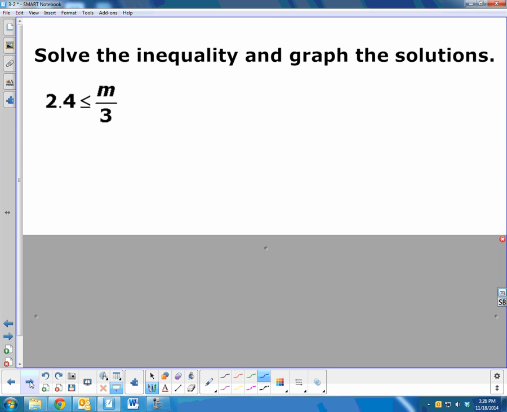Solve the inequality. So we've got an inequality here with division. Remember that it is a fraction. M over 3 is a fraction. It's a ratio. However, we can also look at it as division. So lots of ways to look at the same situation. I know the opposite of divide is to multiply both sides times 3. So I've got 3 times 2.4, which is going to give me something,